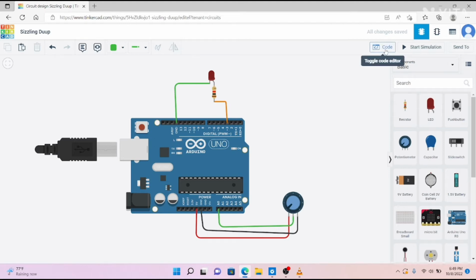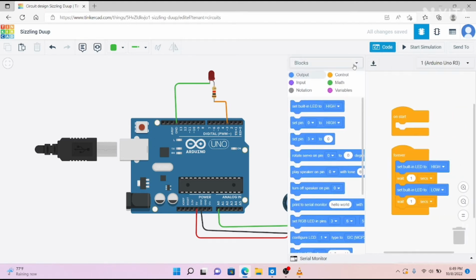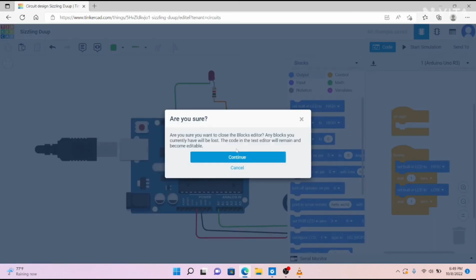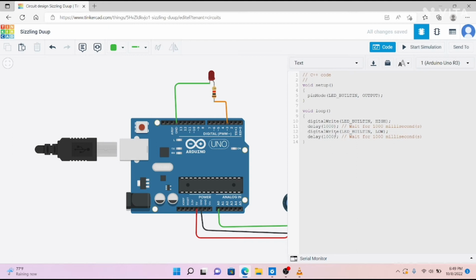Now we need to write code for this. I will come to editor mode. There are three modes: blocks, blocks plus text, and text. I will use text. Just click continue, and I am writing code for this. First we will take a variable called LED and we have connected it with pin number 3,